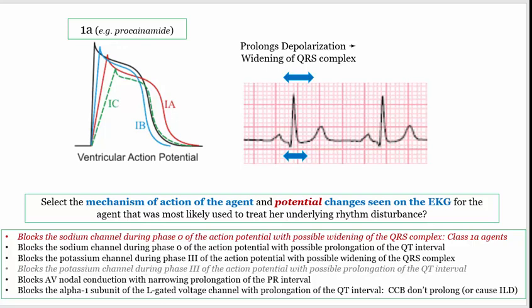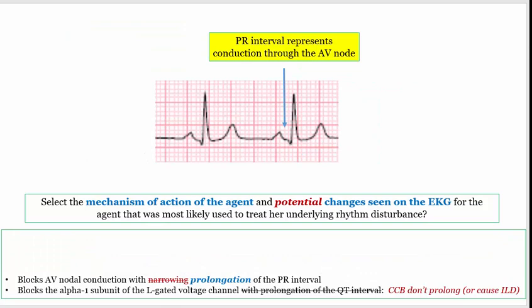So if you prolong depolarization or phase 0, it is easy to see how the QRS will widen. And just for completeness, amiodarone does block AV nodal conduction, and the result is prolongation, not narrowing of the PR interval. The last option refers to calcium channel blockers, which do not affect the QT interval and are not associated